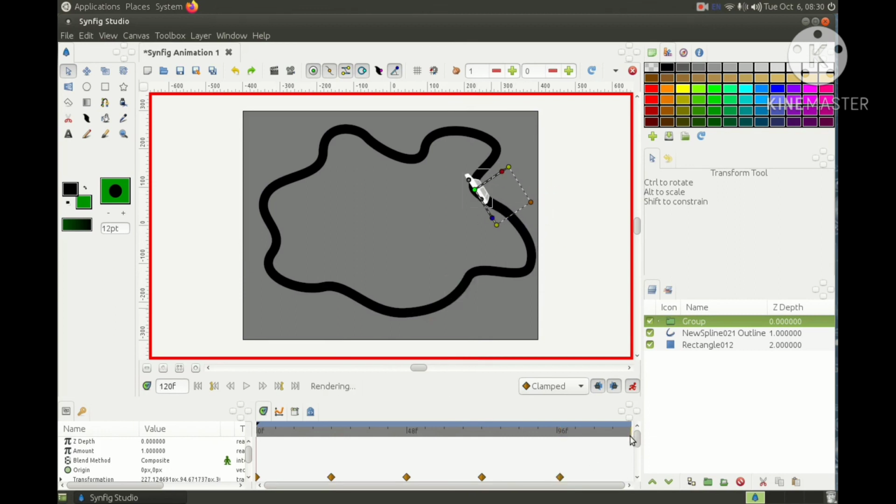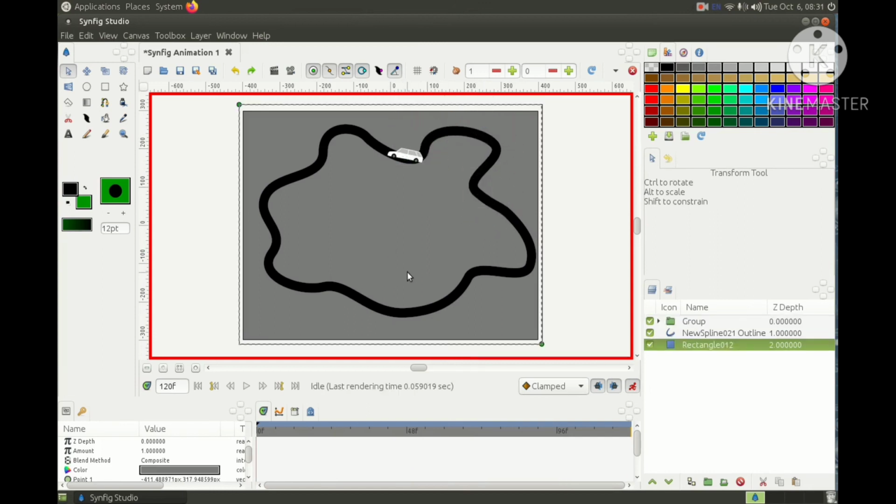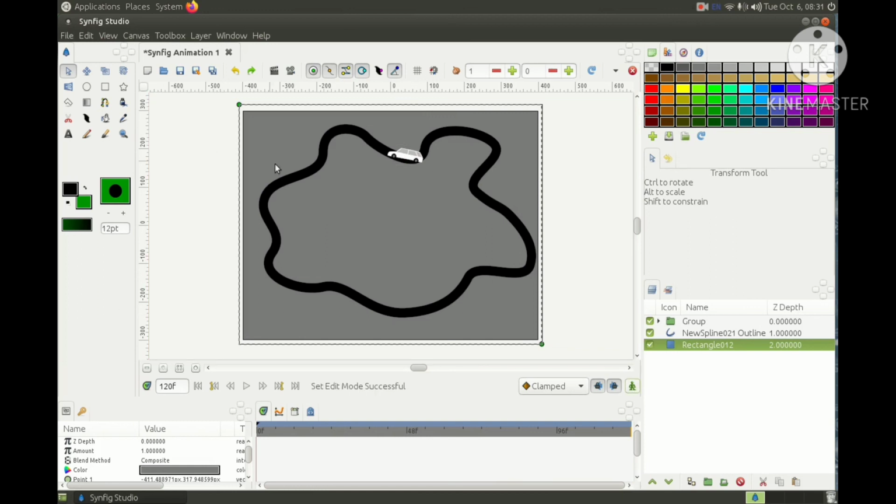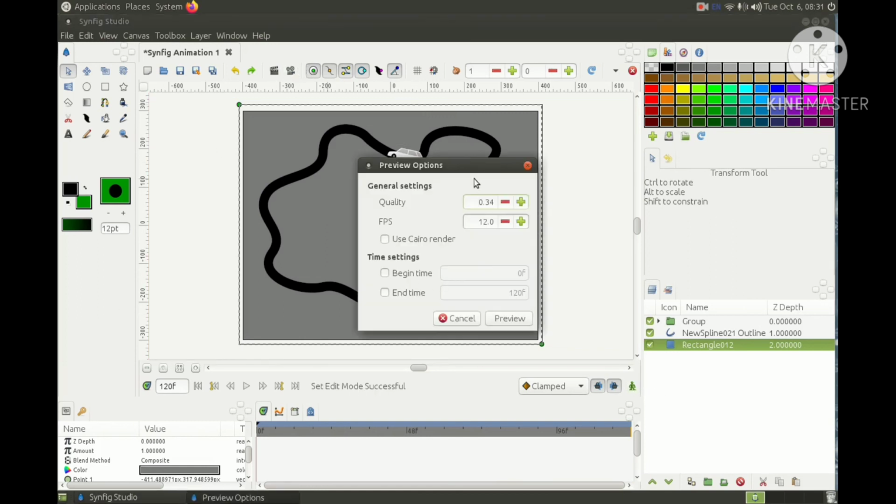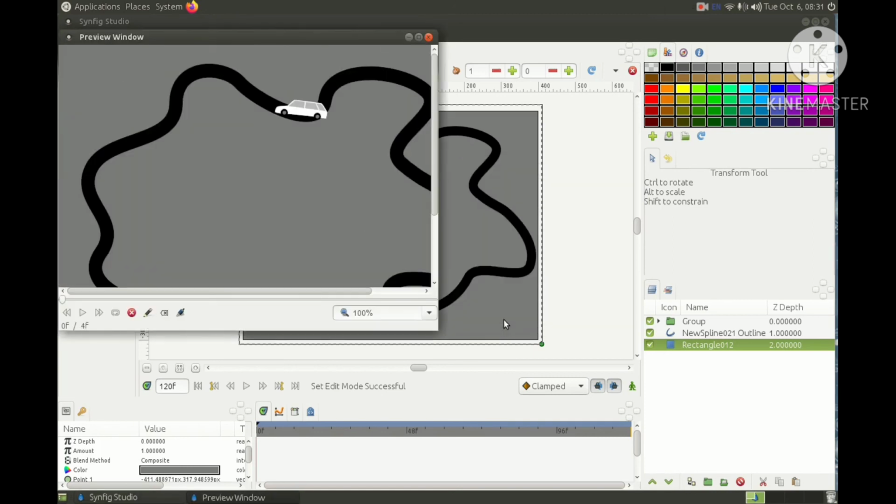And after 5 seconds, okay, let us see. Quality 1, FPS 24, preview.